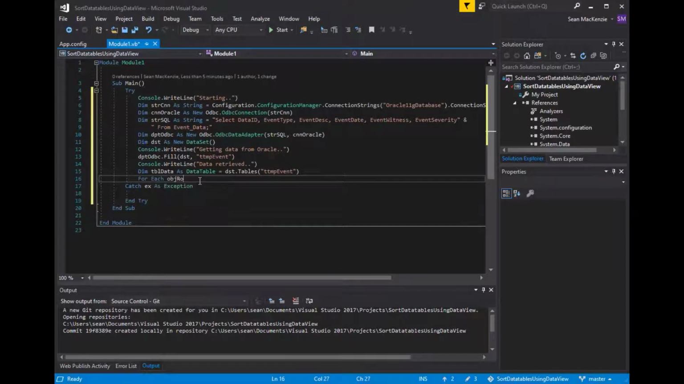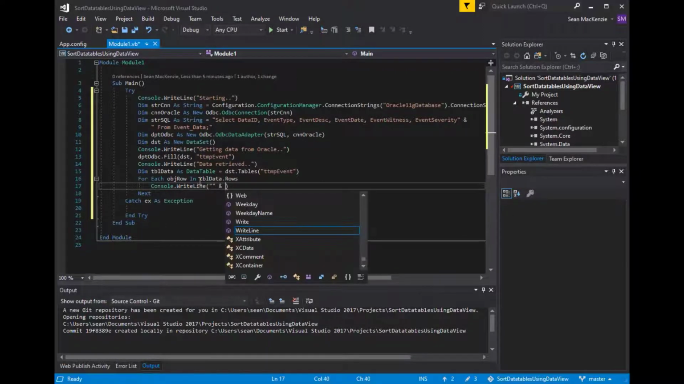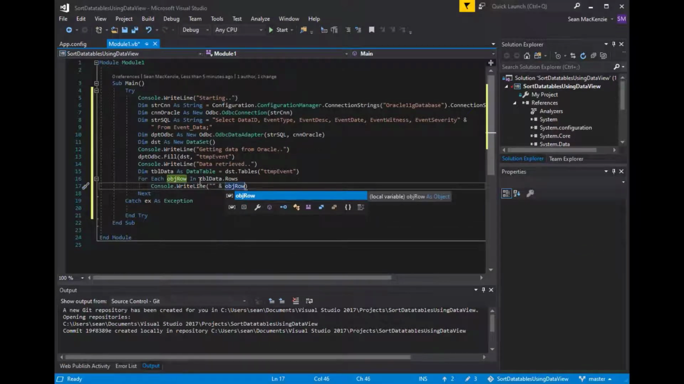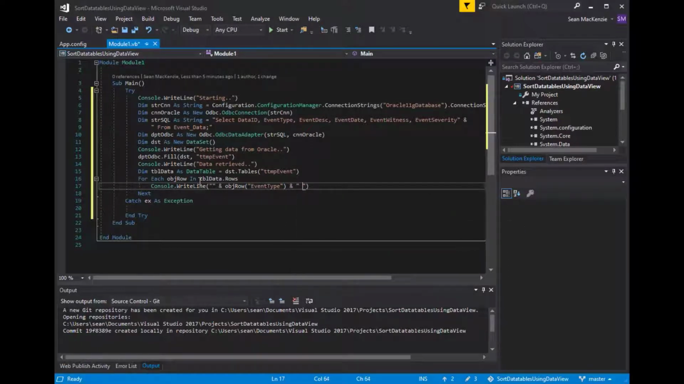So I'll just say for each row in our data table dot rows, we'll output some information. We'll use our console.writeLine, and we'll output a couple of things here, like the event type. We'll grab that from our row. We'll use event type, and I'll use event. Let's use event. We'll put a little dash in there so that it's actually readable, and we'll say event type